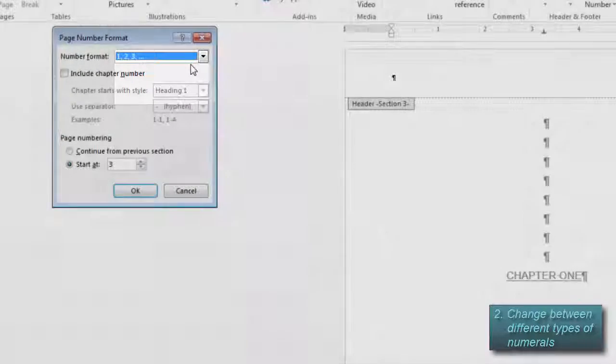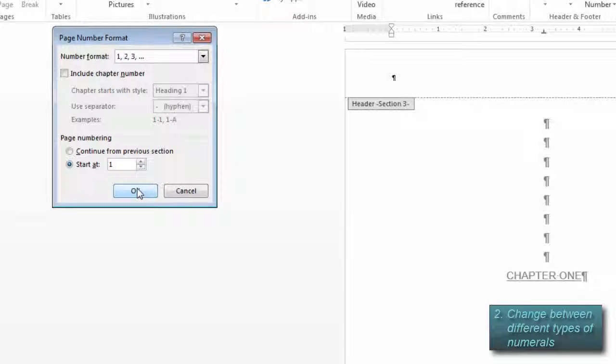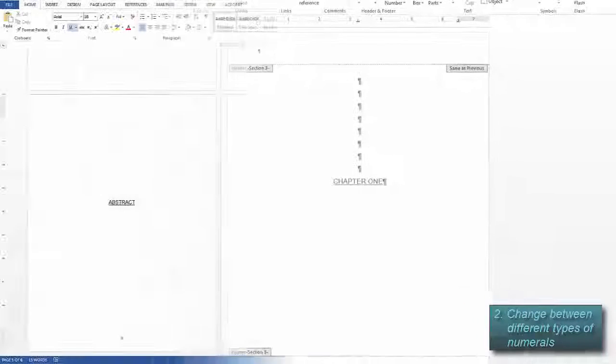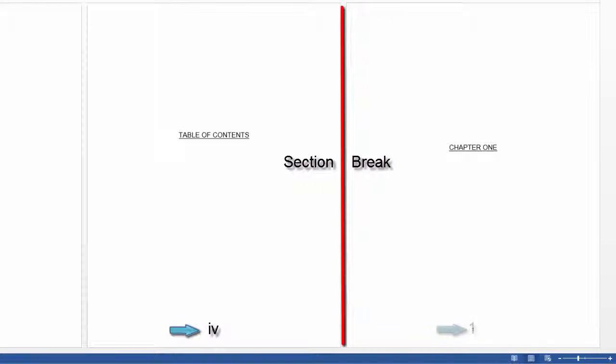Then use the Start At tool to make sure Chapter 1 begins on page 1. By doing this, all the numbers before the section break remain Roman numerals, and the numbers after the section break become Arabic numerals.